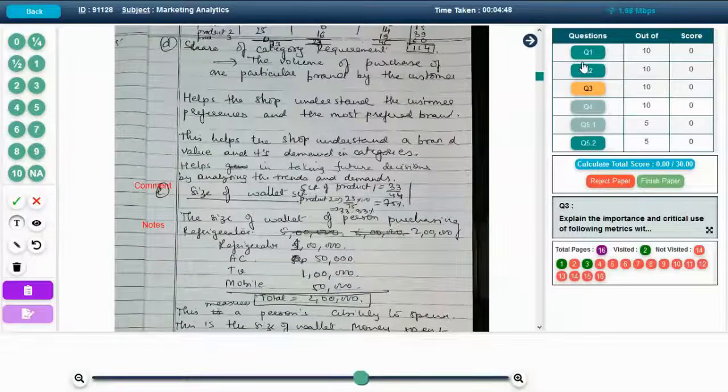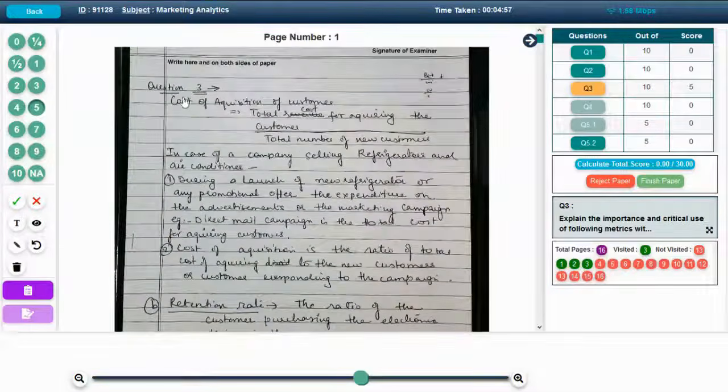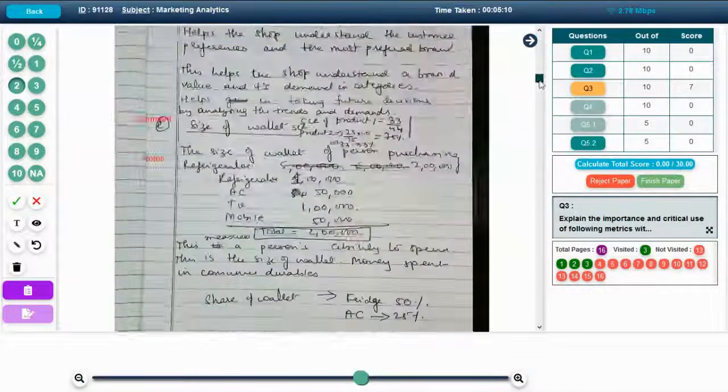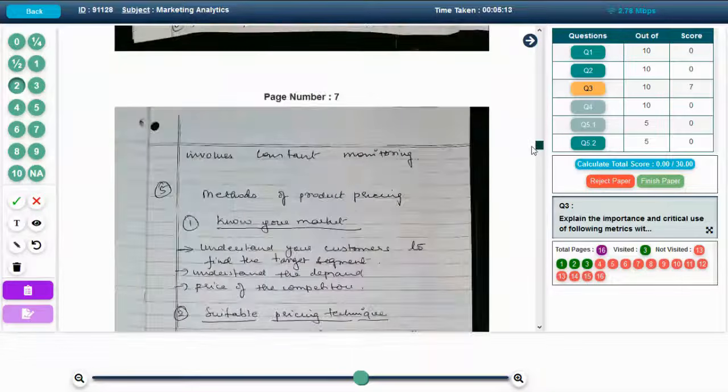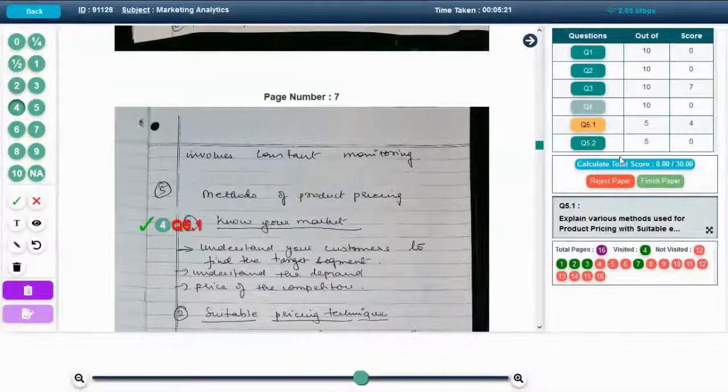Summary of marks. On the right hand top corner, you can see marks allotted for each question. The system would automatically display scores for each answer against question number as shown. Total of the answer sheet is also calculated according to examination pattern. As an examiner, you need not calculate or validate the total. System analyzes the optional questions solved by the students and it is taken into consideration while calculating the final score. You can click on calculate total score button as shown to calculate a score for the particular answer sheet.